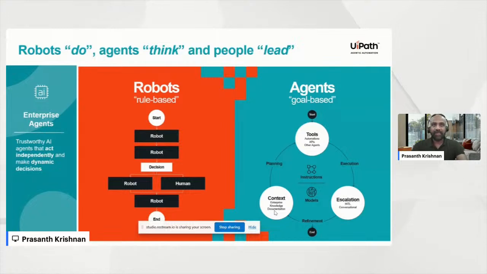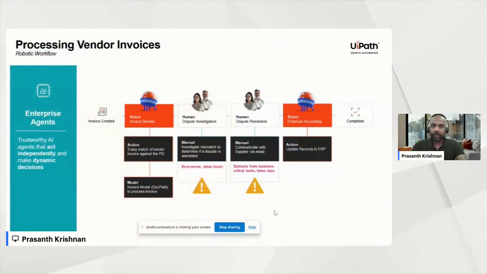And then, of course, you have an escalation, wherein if an agent is not able to proceed due to certain scenarios, it can reach out to a human to come in and handle that particular exception, approve it or reject it or anything like that. So these are the three main components. You have a context which provides information to an agent. You have tools by which it can fetch information from various systems. It could be UiPath automations, etc. And you have escalations wherein a human comes and takes a look at it. And when you see the demo, you will see most of this in play. So let's take a look at